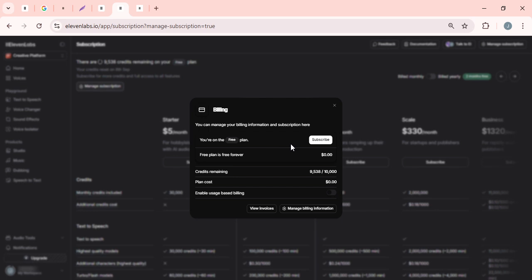By following these steps, you ensure your account settings are updated to reflect your current preferences. Remember, if you ever wish to resubscribe